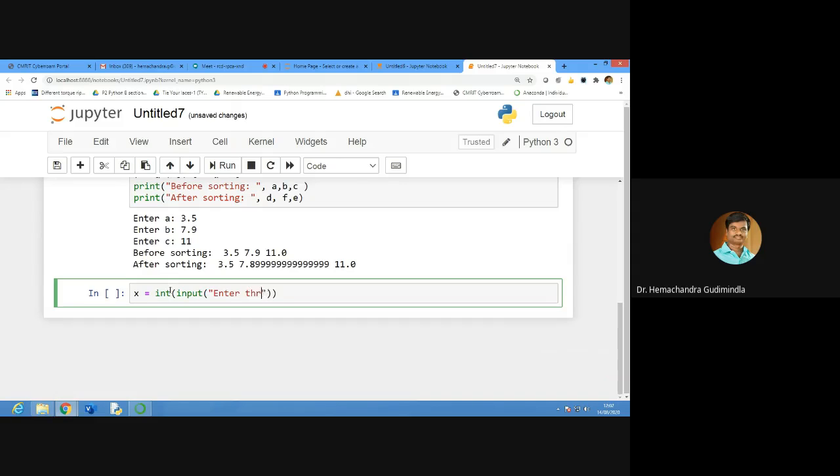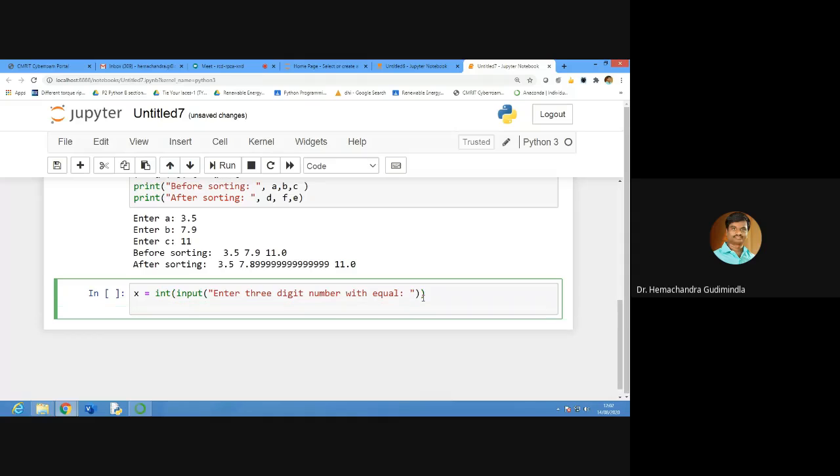Enter a 3-digit number with all digits equal. Now you add all the digits individually. That is a little difficult, I will tell this program later.